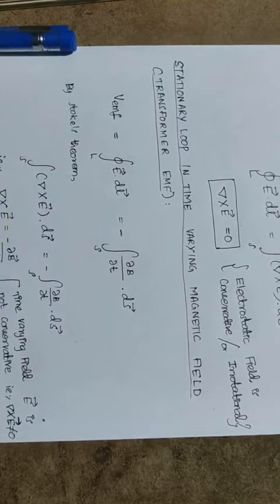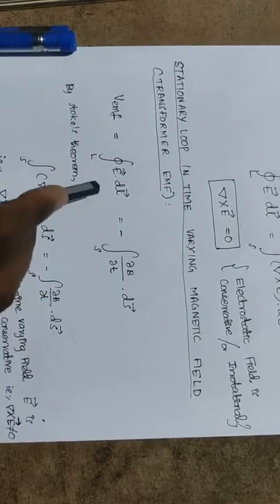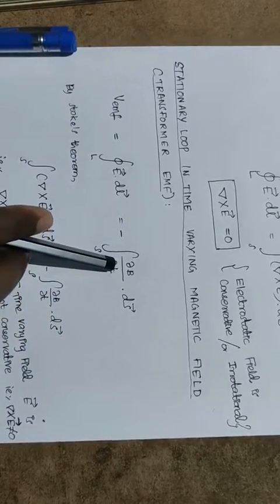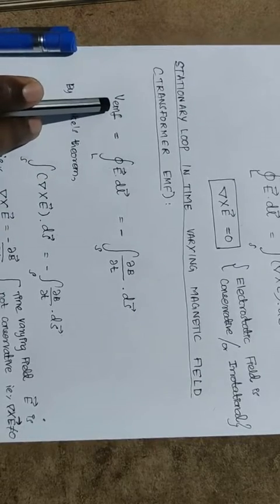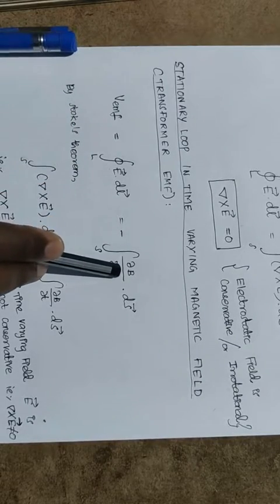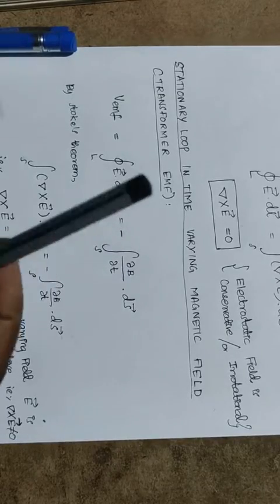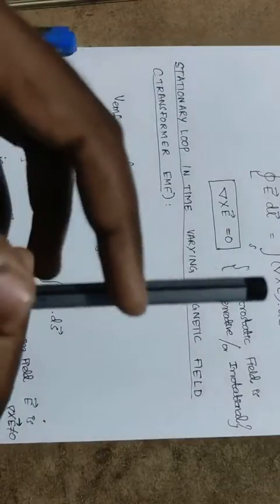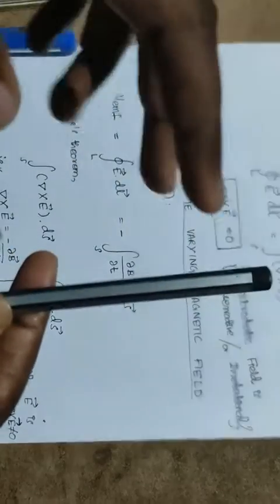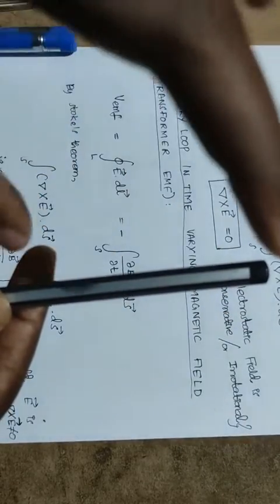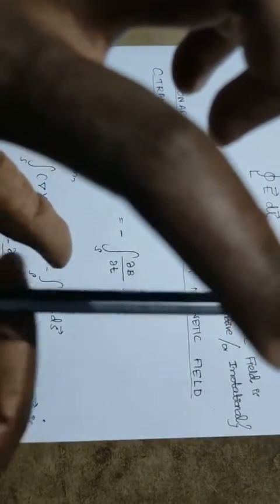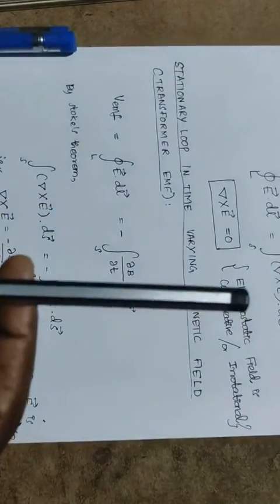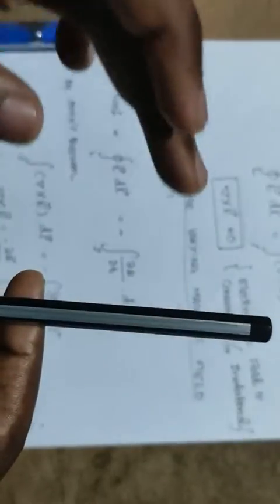Whenever a magnetic field linked with a conductor changes, an electric field will be induced, or voltage will be induced. Induced EMF will be equal to the rate of change of magnetic field. Simply, if a conductor is there and we are moving a magnet with north pole and south pole, or rotating the magnet, or moving or rotating the conductor, an EMF will be induced in this conductor. This is nothing but Faraday's law.